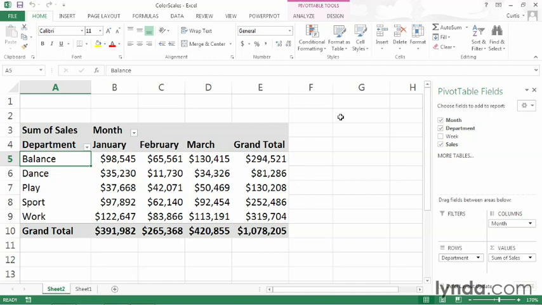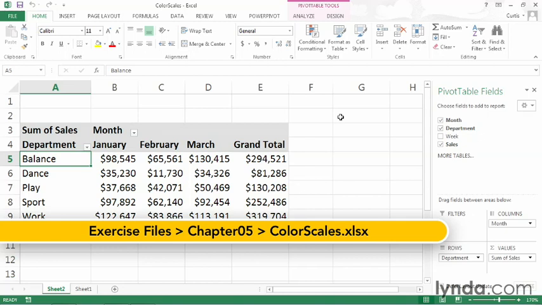Pivot tables let you display and analyze large data collections. In this movie, I will show you how to use conditional formatting so that you can use color to indicate the relative magnitude of values within your pivot table. I will use the color scales sample file, which you can find in the Chapter 5 folder of your exercise